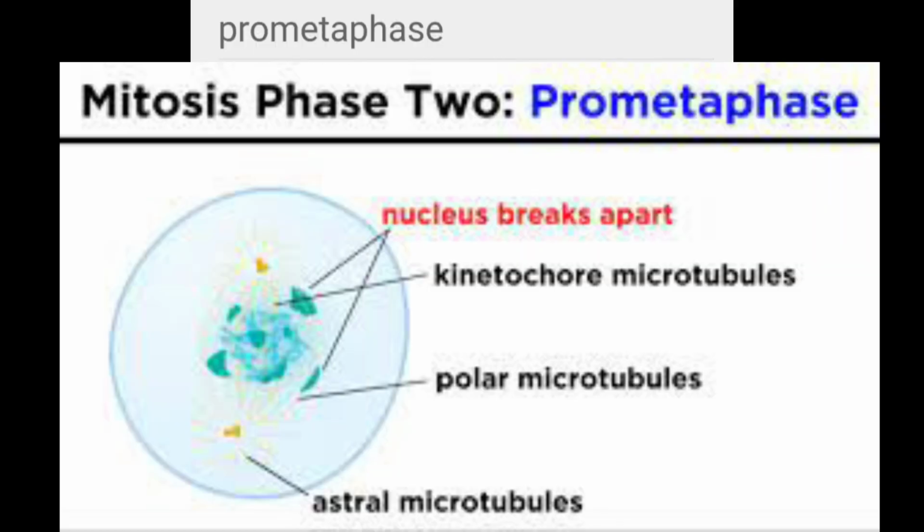Prometaphase is the second phase of mitosis, the process that separates the duplicated genetic material carried in the nucleus of a parent cell into two identical daughter cells. During prometaphase, the physical barrier that encloses the nucleus, called the nuclear envelope, breaks down. The breakdown of the nuclear envelope frees the sister chromatids from the nucleus, which is necessary for separating the nuclear material